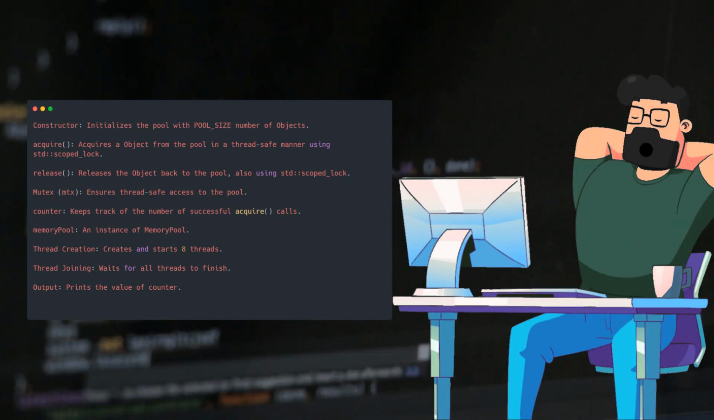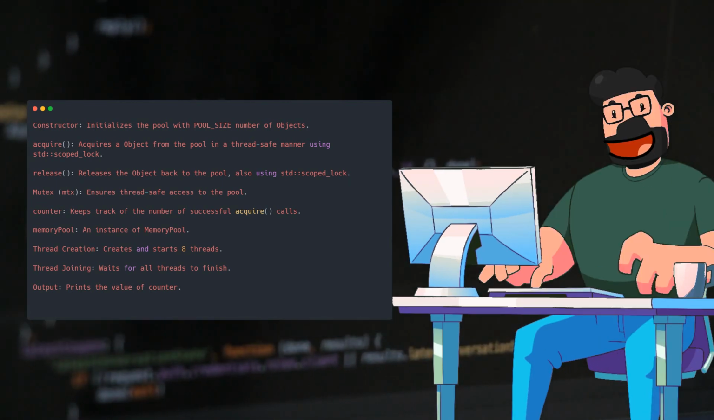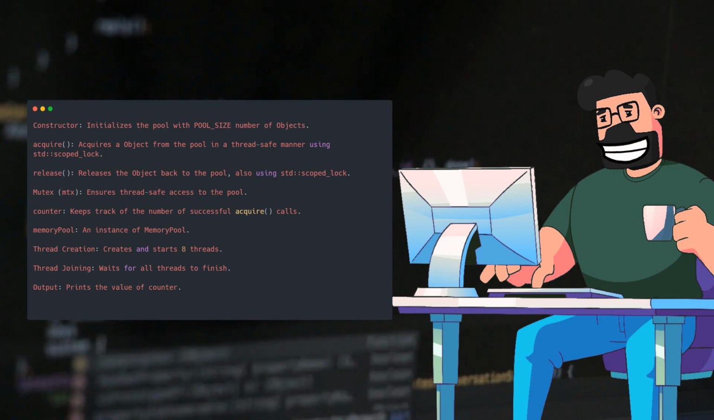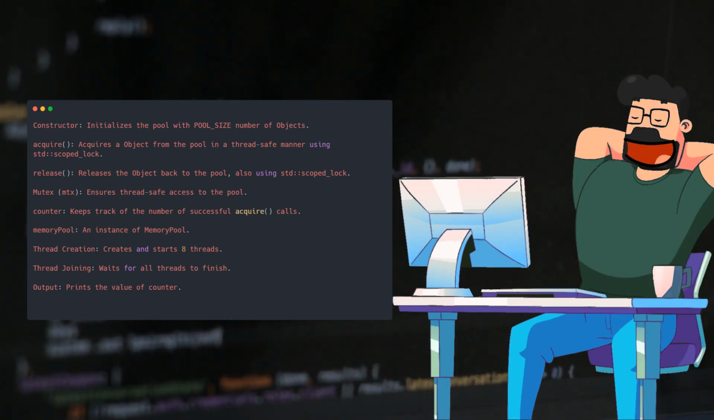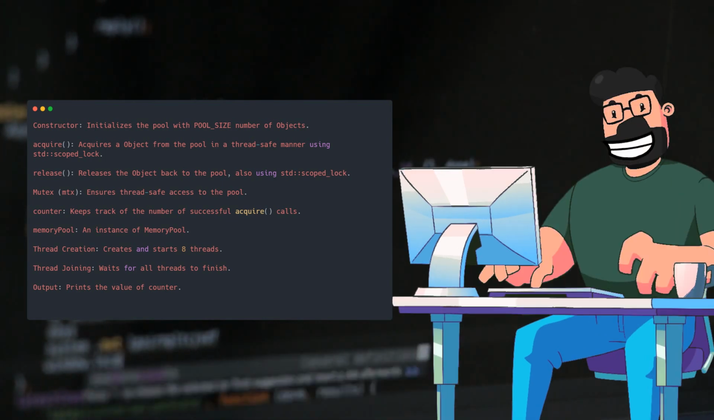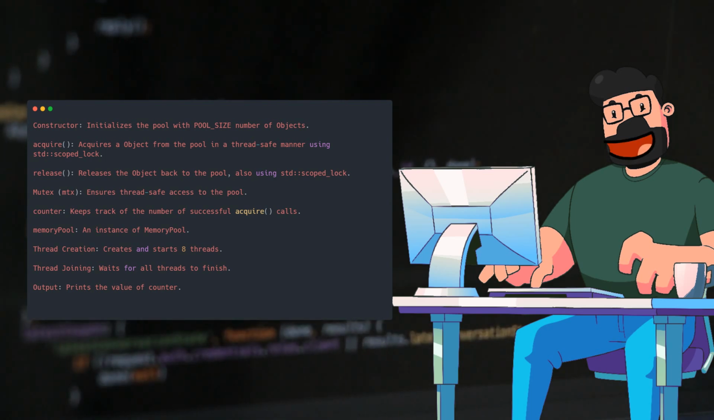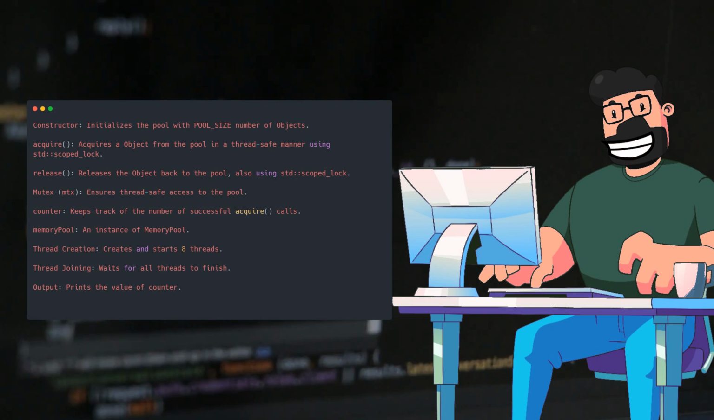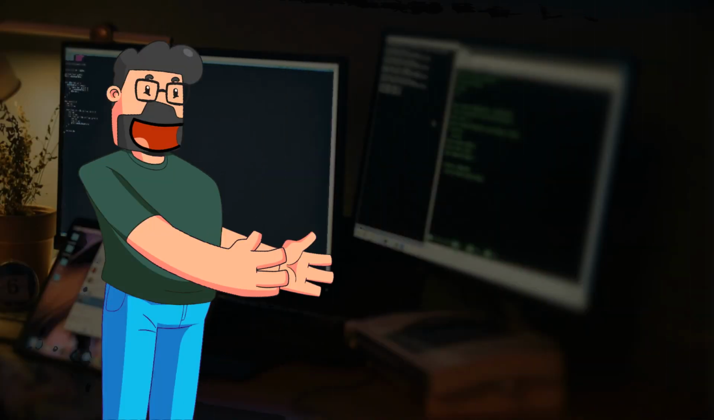The std::mutex mtx guarantees exclusive access to the pool, while the counter keeps track of successful object acquisitions. By creating and joining multiple threads, the demonstration showcases the efficiency of the MemoryPool in managing objects within a multi-threaded context. In summary, the implementation of a MemoryPool class provides an effective solution for managing object allocation and deallocation in